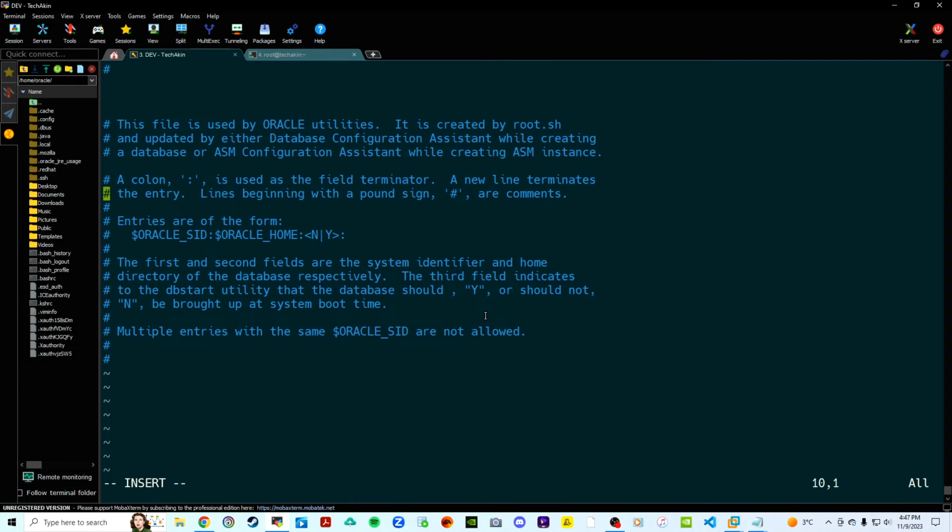Insert. We have to go all the way down to the end of the file. All right, and we need to say dev:/u01/app/oracle/product/19.3.0/dbhome_1